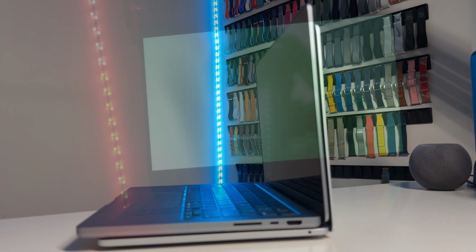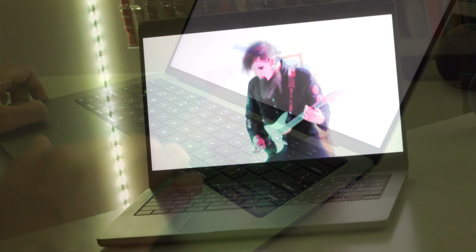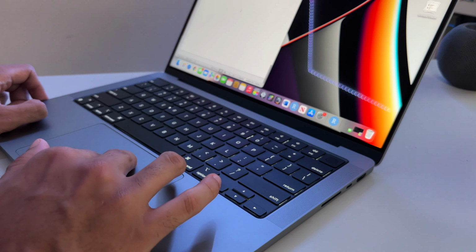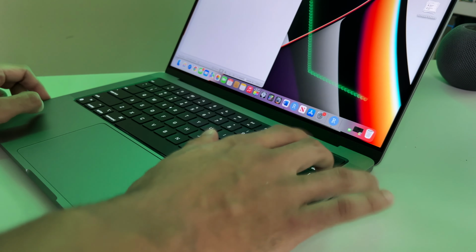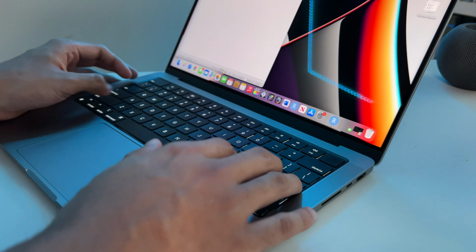The 14-inch can power you through the entire day, no matter what you have to throw at it, and officially sports an integrated 70-watt lithium polymer battery that Apple claims should last you up to 17 hours of juice. Pretty impressive if you ask me, but obviously the more demanding tasks you throw at it, that battery life should go down at least slightly. That means that for the average user, this thing will easily power you through your entire day without needing a